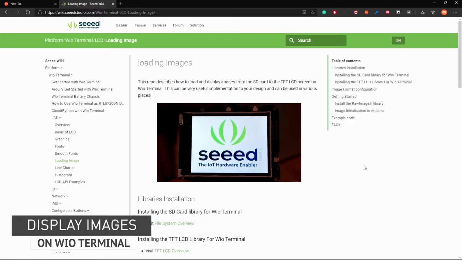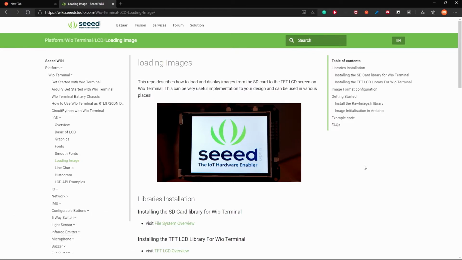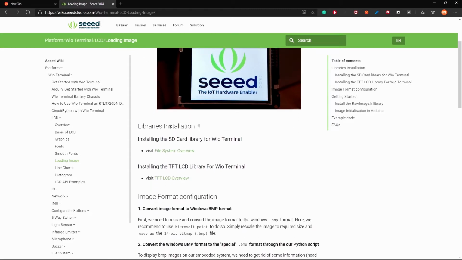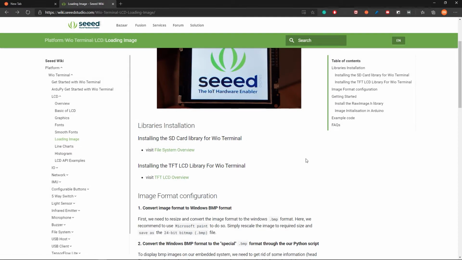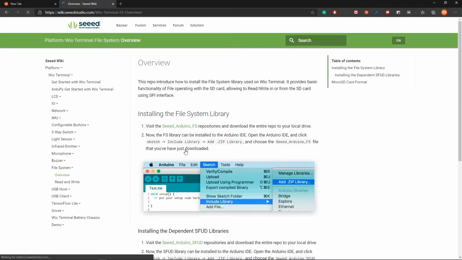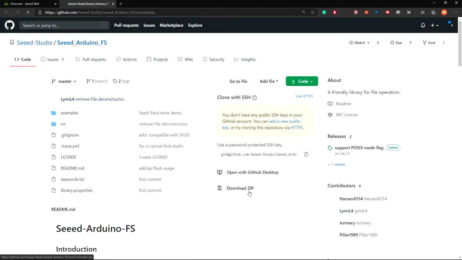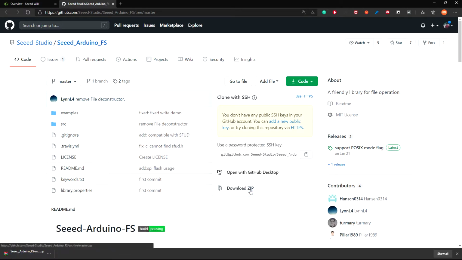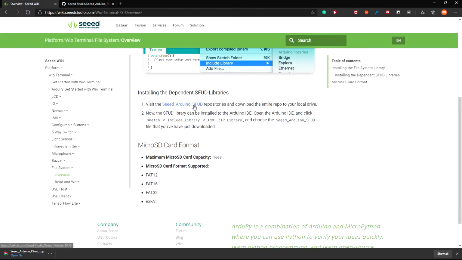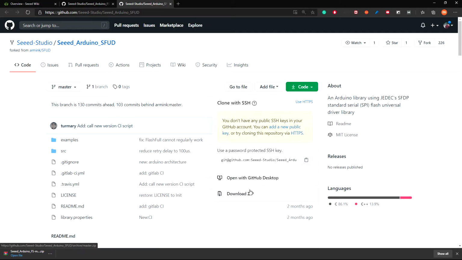Now I will explain how to load and display images on the Wio Terminal LCD screen by loading the image into the SD card. At first you need to install the libraries for the SD card. You need to visit this page in order to download the libraries. After you visit this URL, you can go to this repo and then download it as a zip file. After that, you need to go to the SFUD repo, and from there download it also as